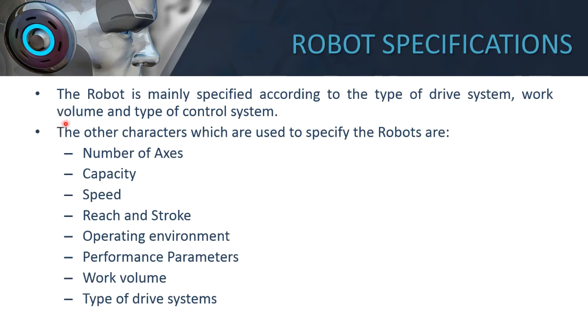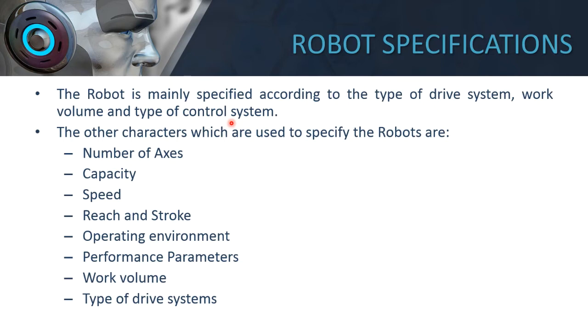Whereas the work volume, we have discussed about the physical configuration of the robot, that actually clearly specifies the work volume the robot possesses. It might be a rectangular work volume, it might be a cylindrical work volume, or it might be a spherical work volume, or an irregular shaped work volume. It all depends on the configuration. And then there are different types of control system that you can use in a robot, that is open loop control system and closed loop control system, based on how exactly you need to control the system.